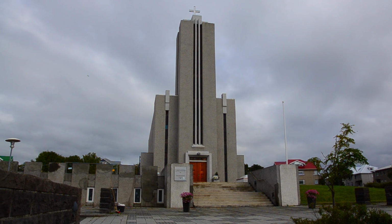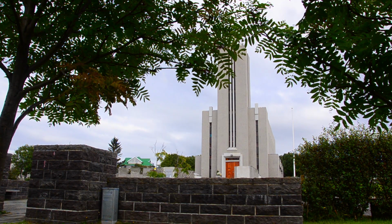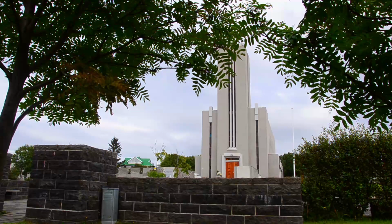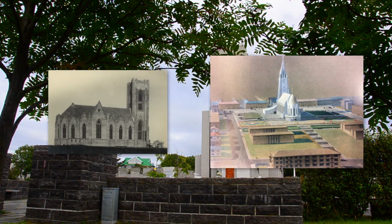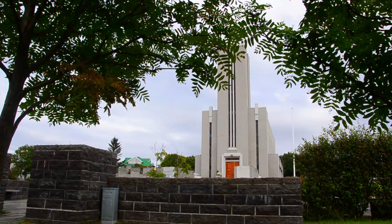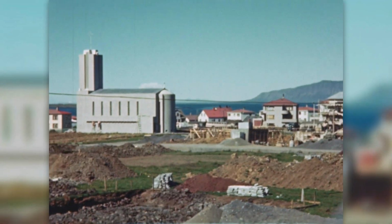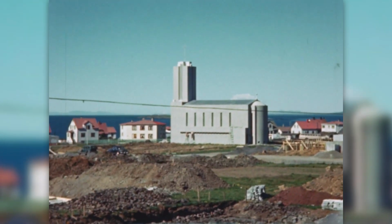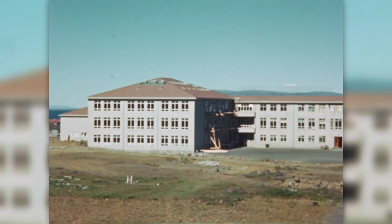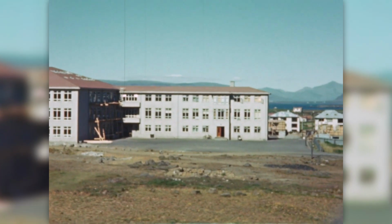Stöðlabergsstíll, or literally basaltic style, it of course takes inspiration from the natural volcanic landscape of Iceland. The aforementioned Landakotskirkja and Hallgrímskirkja are both in the style pioneered by Guðjón. Located in Laugarnes, westward of the main city, this little community was being planned and built around the late 1930s throughout the 1940s. Characteristic of the period were the no-nonsense, functionalist style apartments, and in the middle, our beautiful landmark